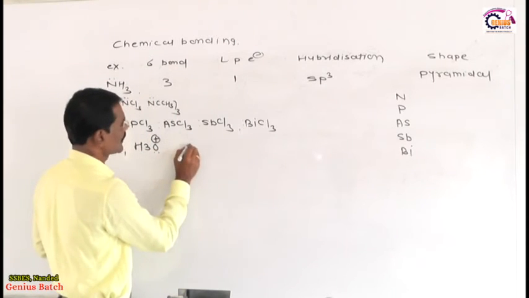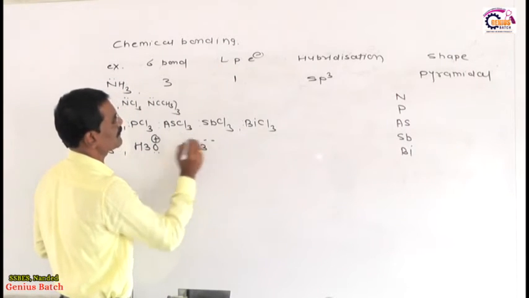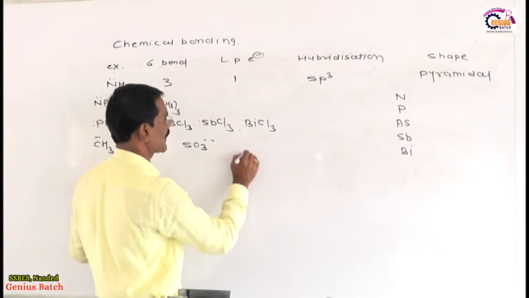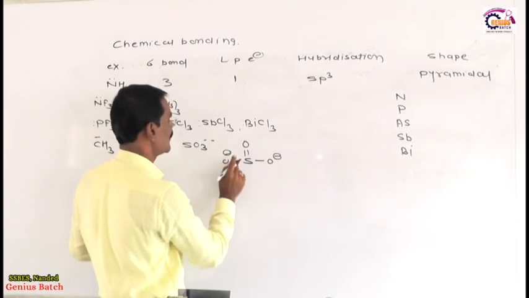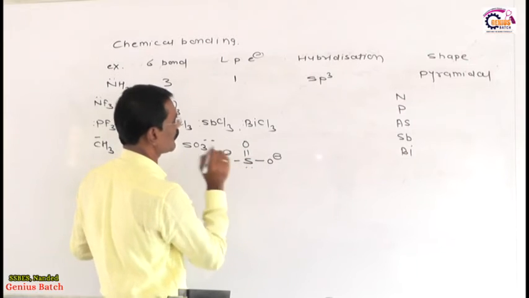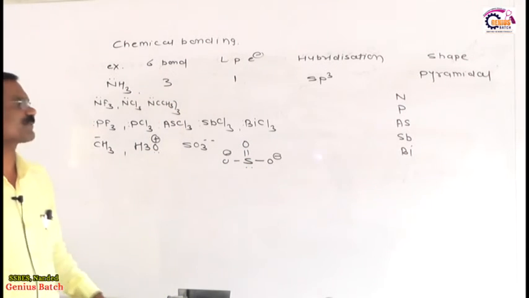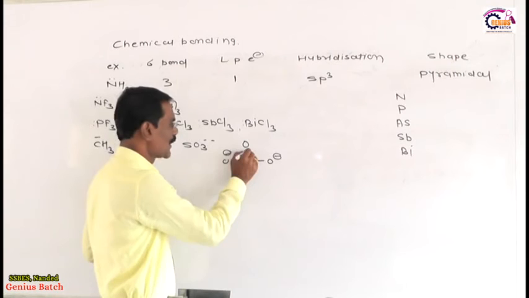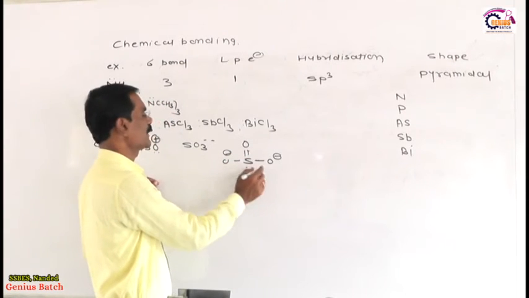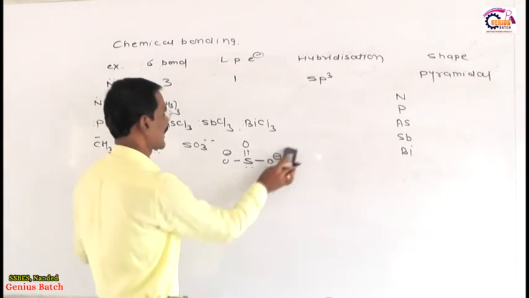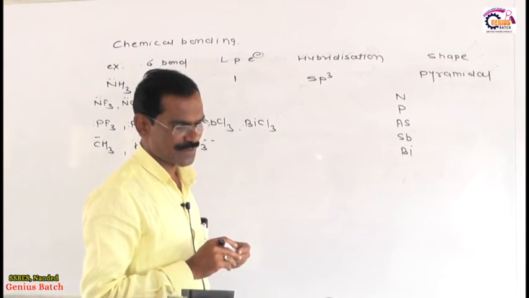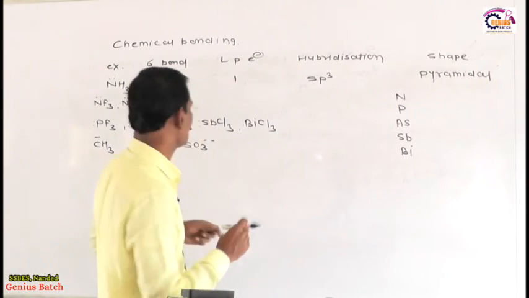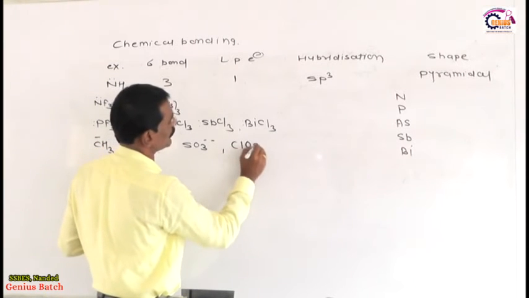After H3O plus, this is SO3 minus minus. Dear student, what is SO3 minus minus? Double bond O minus, 1 2 3 4, only 4 bonds are there. Therefore SO3 minus minus is the molecule in which 1 2 3 sigma bond with 1 lone pair. This is called SO3 minus minus. After SO3 minus minus, the next example is ClO3 minus and